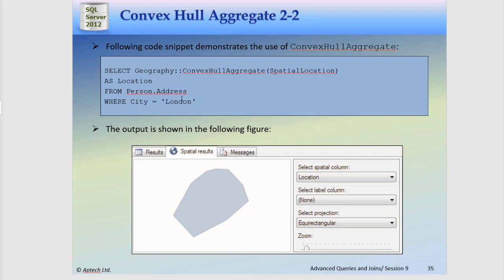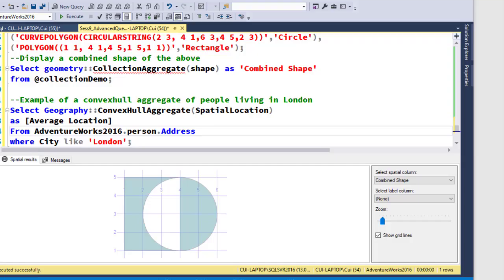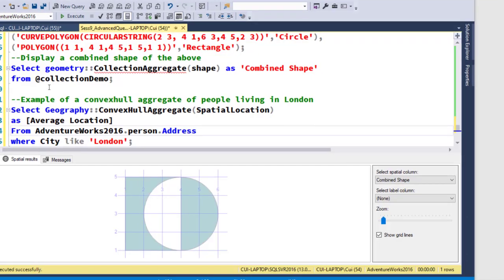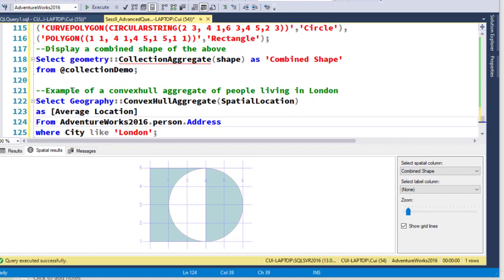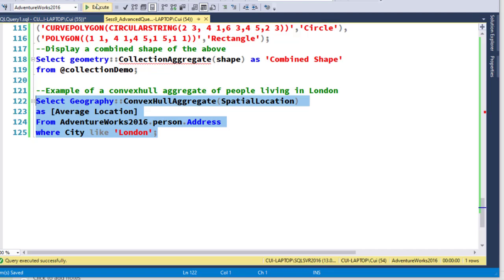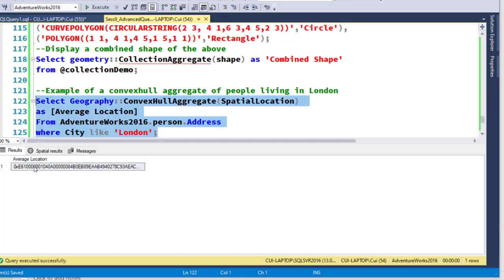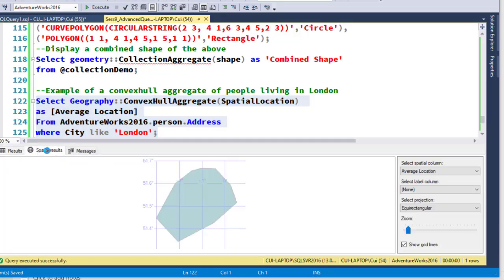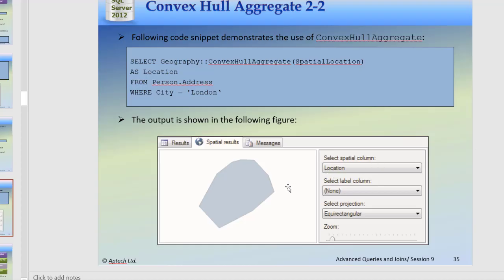We have an example, so please highlight this, copy. Let's meet in the query window. Now the purpose of the query is here, line 121. Let me save my work, and we highlight this and we execute it, and we look at the spatial results tab, and this is what we get. Okay,